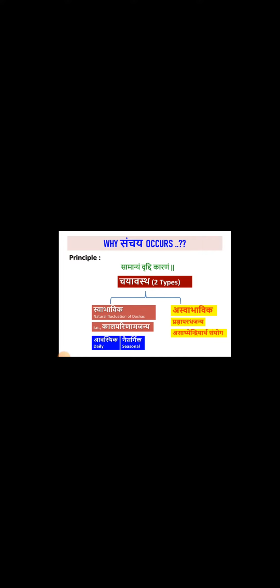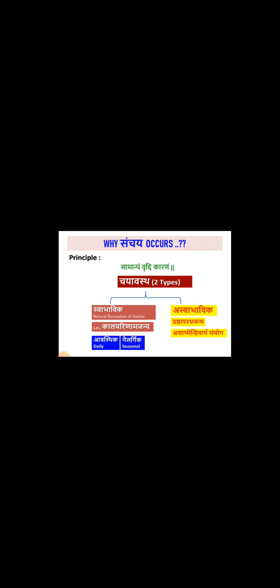So we know that Samanyam Vriddhi Karanam. Samanyam Vriddhi Karanam means similar qualities will aggravate the doshas. So here what happens? Whenever the person indulges in the similar qualities, for example, a Vata Prakriti person having the Vatakara Ahara Vihara, and the particular season also, maybe it is Grishma Rutu, then there will be Chaya of the doshas. That means there will be Vriddhi of the doshas, isn't it? That's why Samanyam Vriddhi Karanam. The similar qualities will aggravate the doshas.